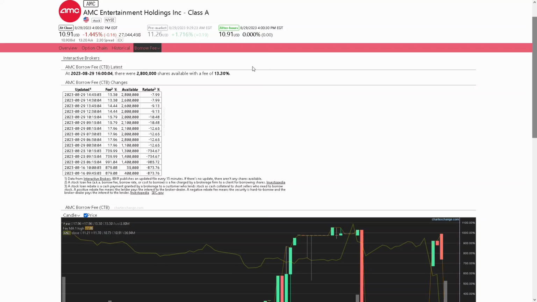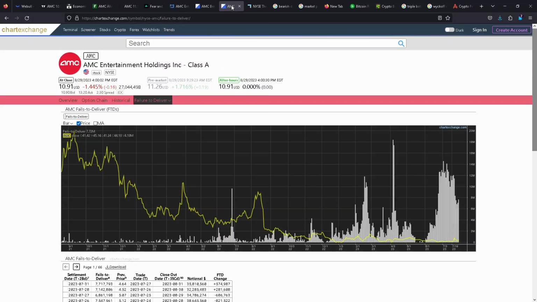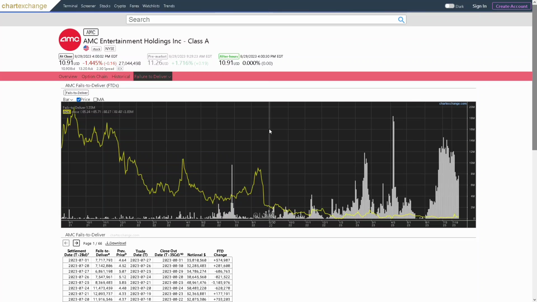If we look at cost to borrow, it is sitting at 13.30%. This is because they do have shares now. And again, I am not causing any more division in the AMC community. I'm not going to call them yes voters. It's just people that got confused, and the vote was rigged anyways by Adam Aaron himself. So Adam Aaron is the one that we should really be mad at.